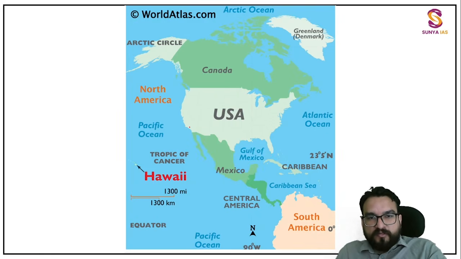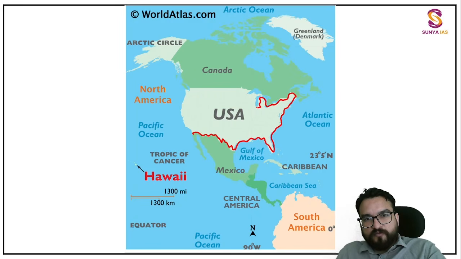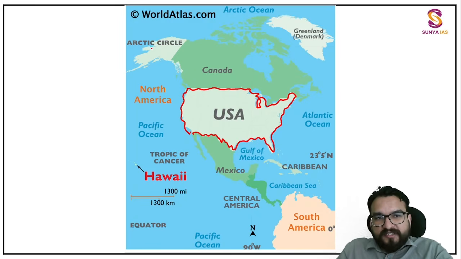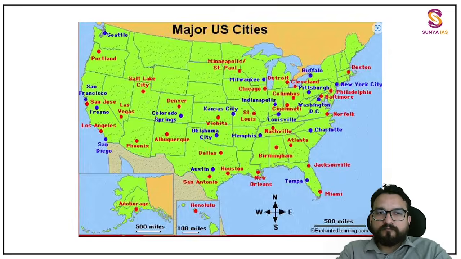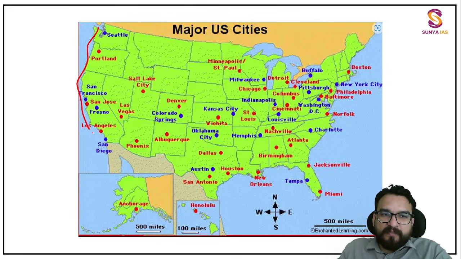Then you move ahead and you see the USA, United States of America over here, guys. This is the USA over here, with somewhat complicated land borders. Now the USA is not this only, but it also has this particular state in it, right? This is not mainland USA, this state Alaska, it's far away over here. So don't forget, this is known as the 50th state. So there are 50 provinces, 50 states under the USA. Now in the political map, inside state boundaries are also visible over here, right?